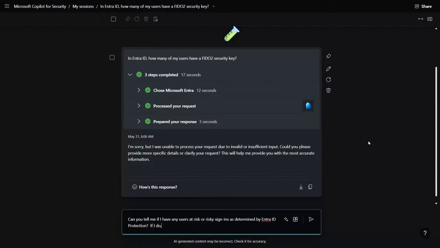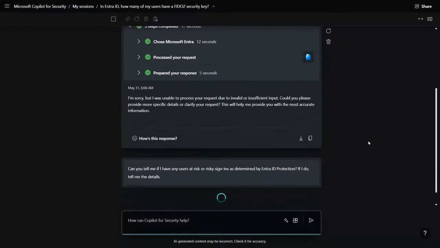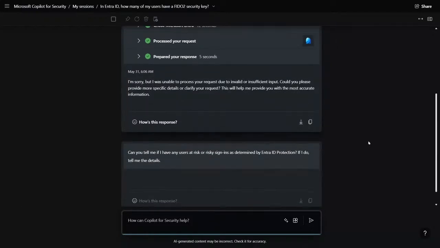If I do, tell me the details. So Entra ID Protection is one of those capabilities that is kind of explicitly supported by